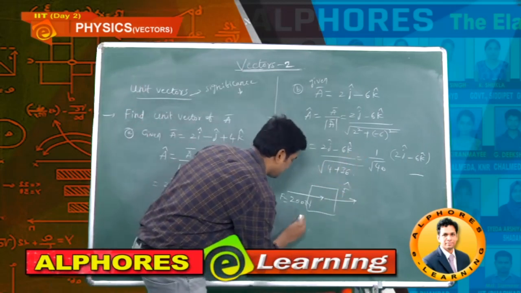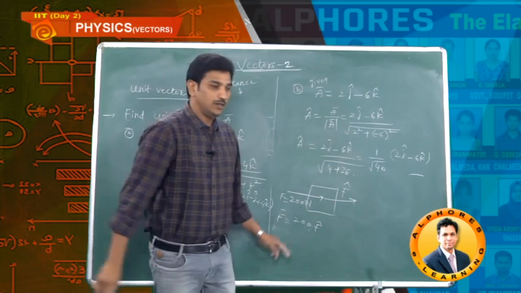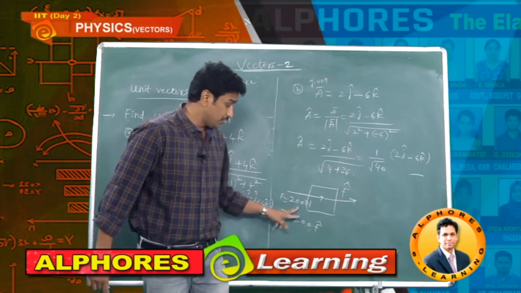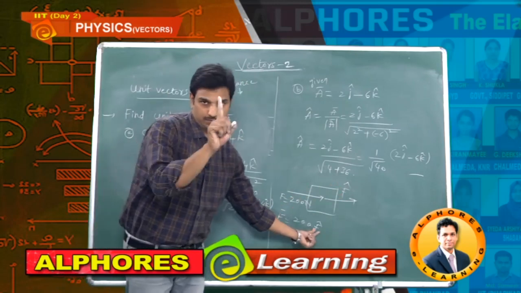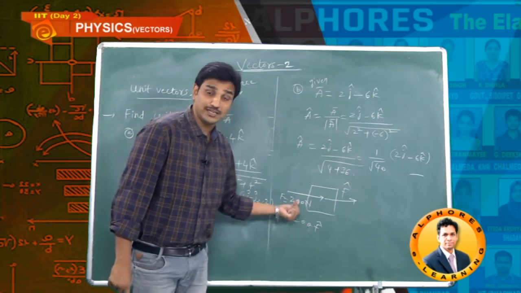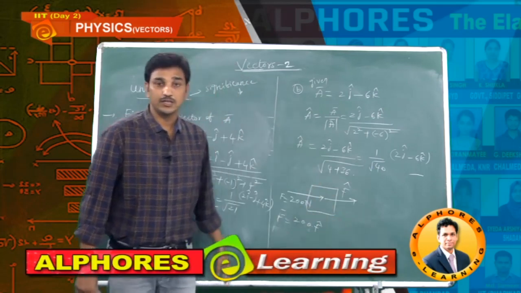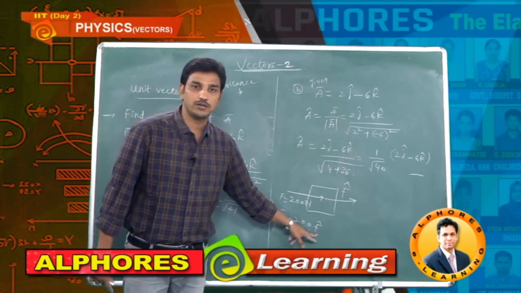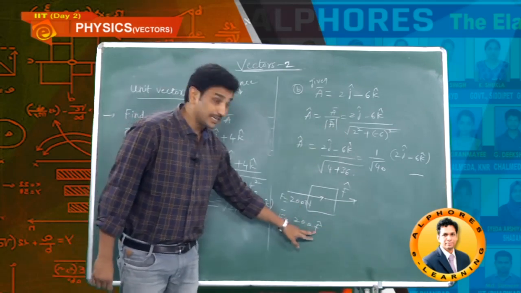Now I will write here 200. What is the direction? F cap. 200, direction I took as F cap. Now what is the F bar? 200, direction is F cap. So here F cap has value 1 because a unit vector has value 1. 200 as it is. I didn't change the value. Without changing the force magnitude, we are giving direction by using a unit vector, because multiplying any number with a unit vector does not change the magnitude. It's only giving extra direction. That's the significance.